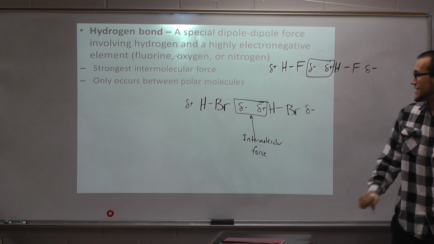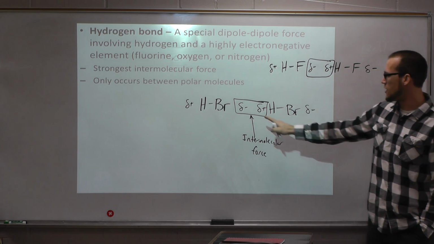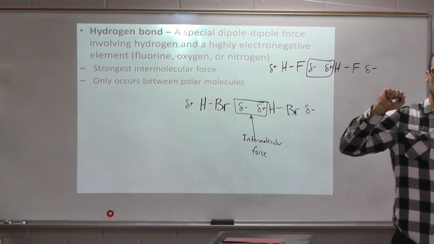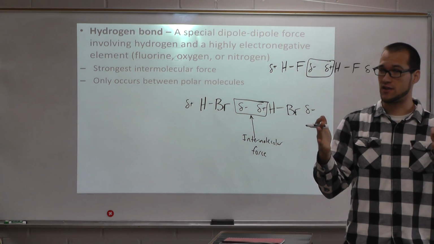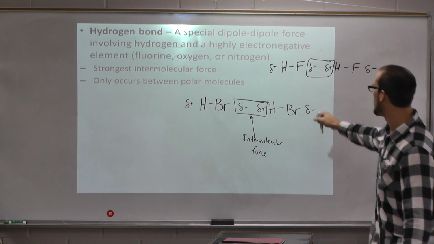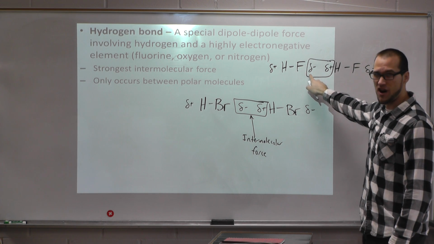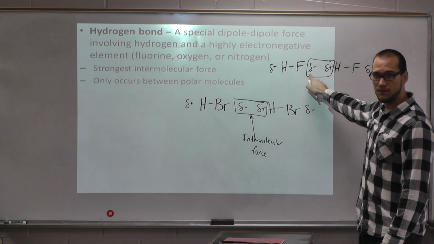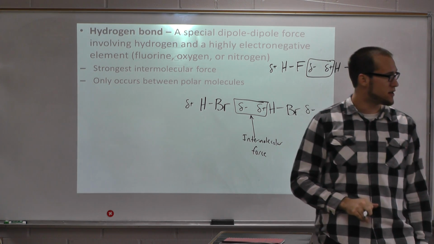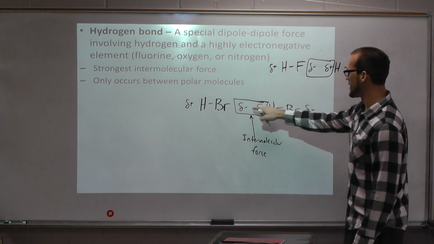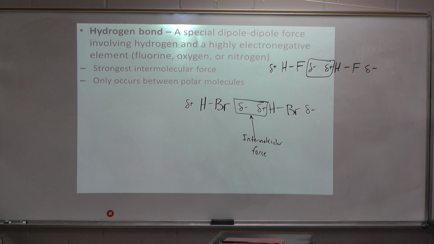Okay? What causes this force to be stronger than this force? The electronegativity of fluorine. There's a bigger difference in electronegativity. And we said the bigger the difference in electronegativity, the stronger these charges are. Stronger charge should make sense. It's going to give us a stronger what? Stronger force. Stronger intermolecular force. So, of these two, this or this, which one do you think is more difficult to get to the gaseous state?